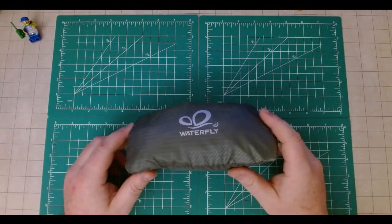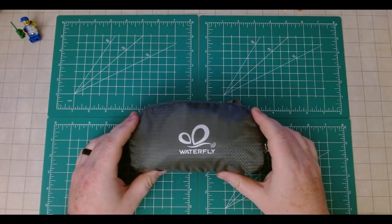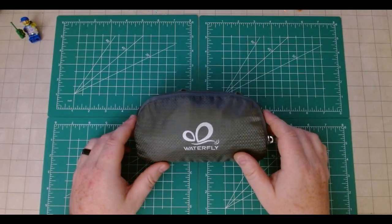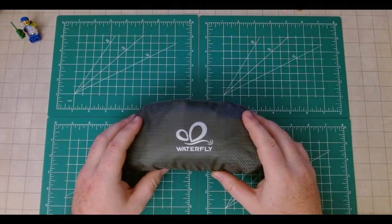Okay, so first thing, obviously, this does not look like a bag. But if you've spent any time looking at hiking gear, EDC gear, bags, that sort of thing, you can probably guess this is a packable bag. And I was actually kind of,